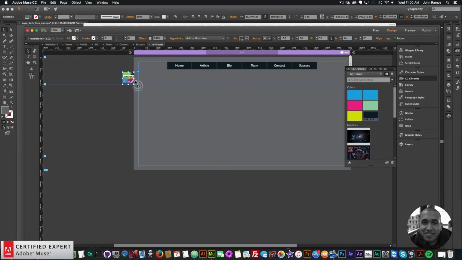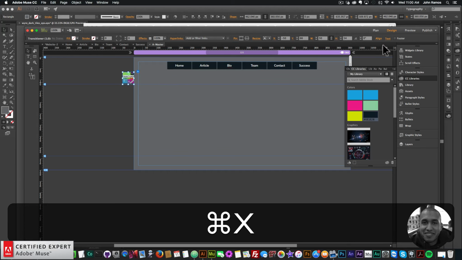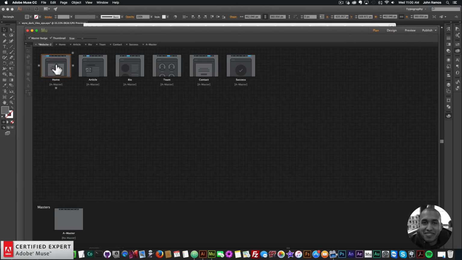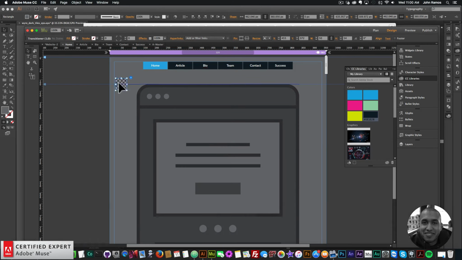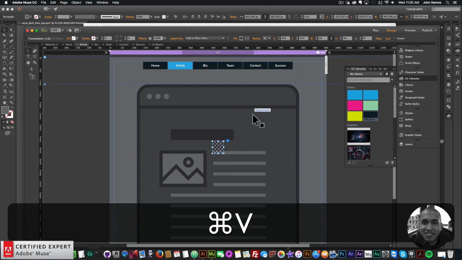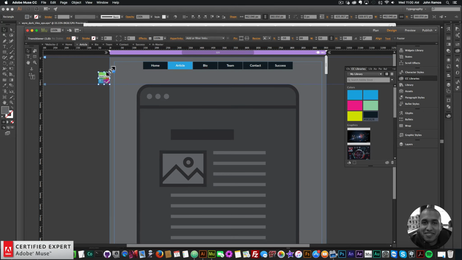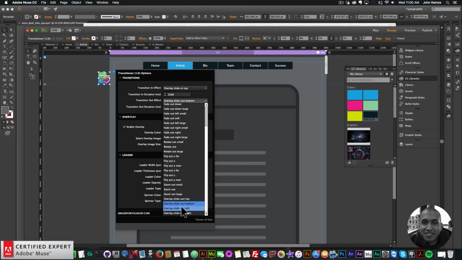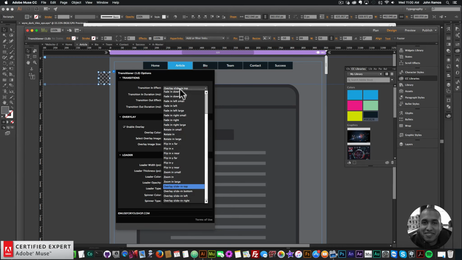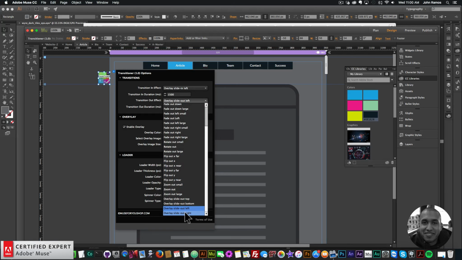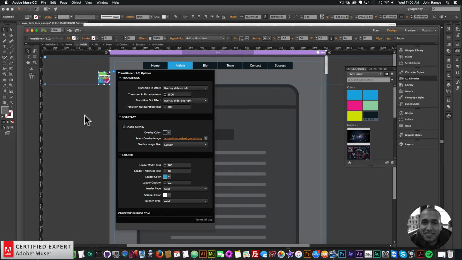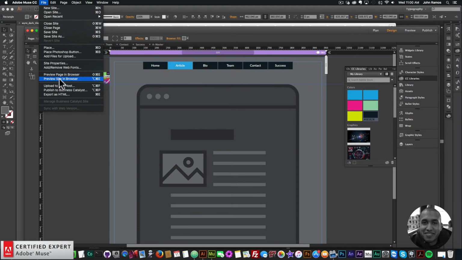So that's basically it. And one last thing I'll do is add 2 different overlays over 2 different pages. So I have this widget here, and then I'll paste again, and then this one here. For this one, I'll say slide out left, and for the transition in, I'll say slide in left, and I'll say slide out right. Okay, so I'll go to File, Preview Site in Browser,